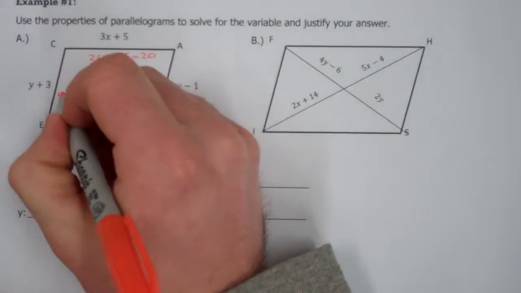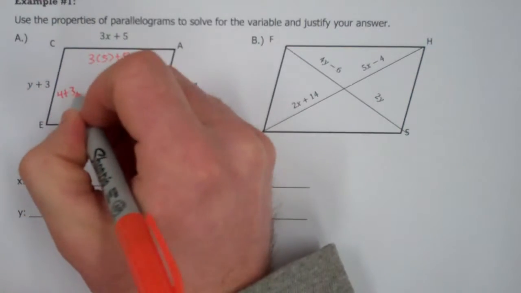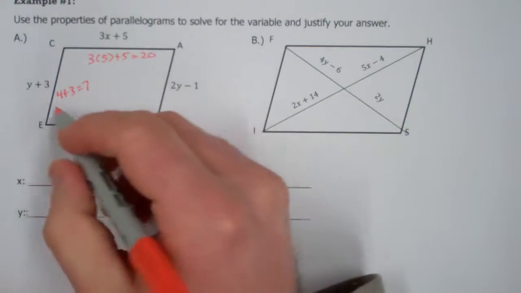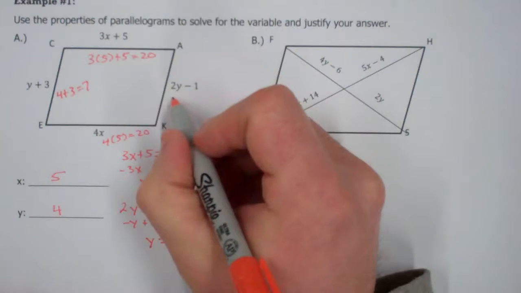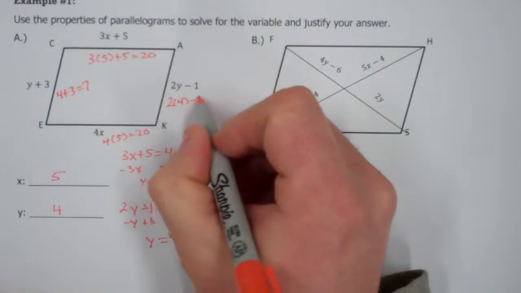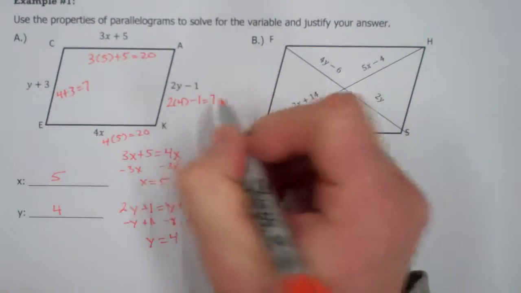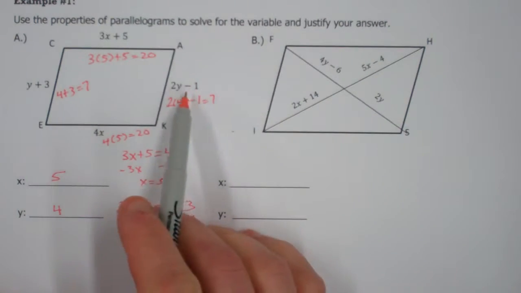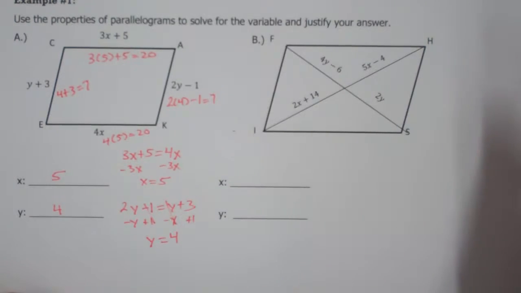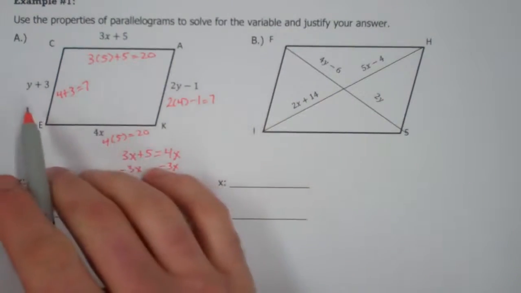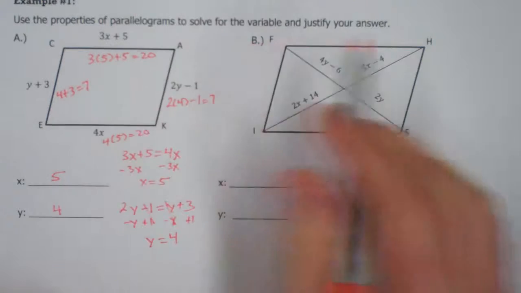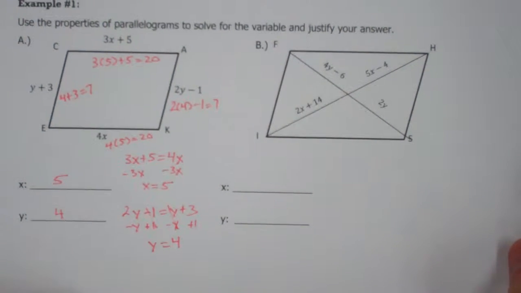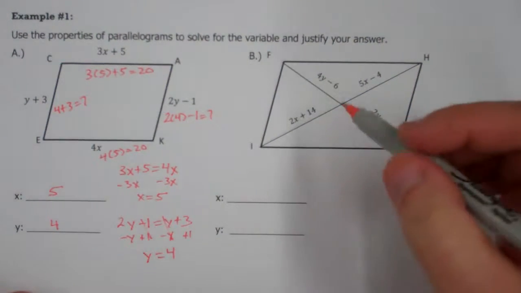As your justification, you could say here for y plus 3, that's 7. We're thinking y is 4. And then 2 times 4 is 8, minus 1 is also 7. So y being 4 makes the measures the same, and that is important because they have to be congruent in a parallelogram. We'll work with the other piece over here,